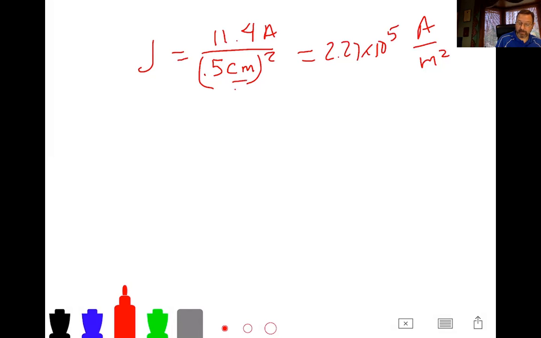If you kept it in amp per centimeter squared, it'd be a smaller number. But you know, think about a wire. Are you ever going to have a cross section of a wire that's actually a meter squared? And the answer is no, and that's why it's such a large number. Okay, in reality, wires are much smaller in cross section, but in MKS units, in SI units, the type we use in physics, that's what you have to do. You have to calculate per meter squared. So yeah, it is a very big number. Okay. That's all. All right, good.